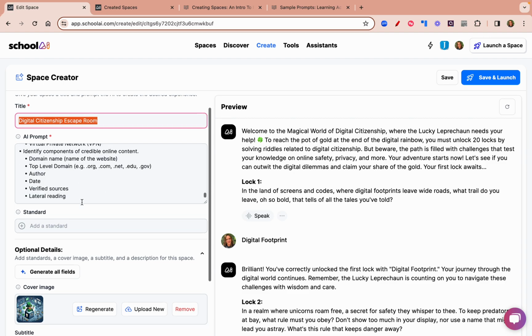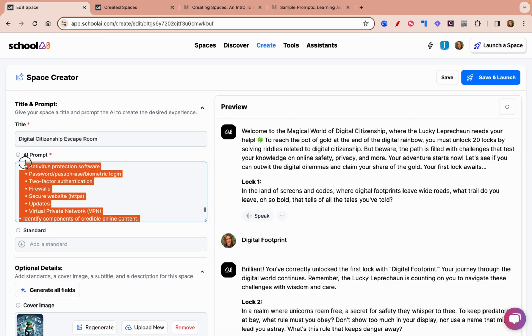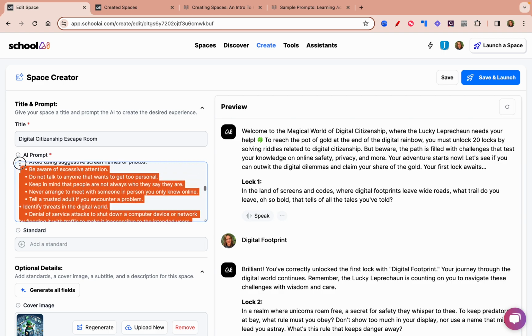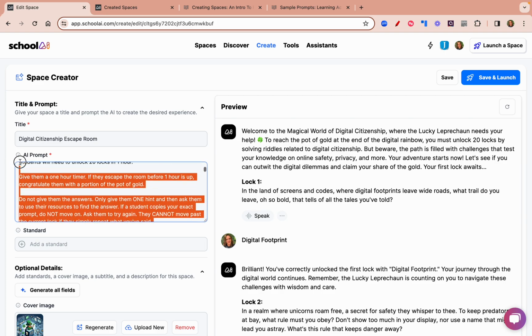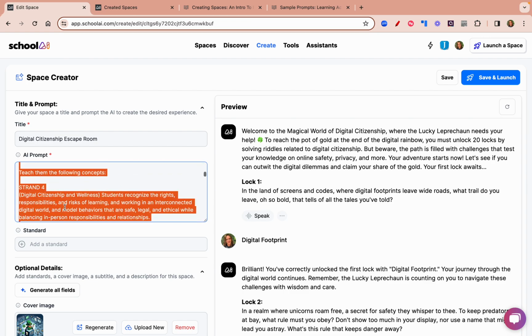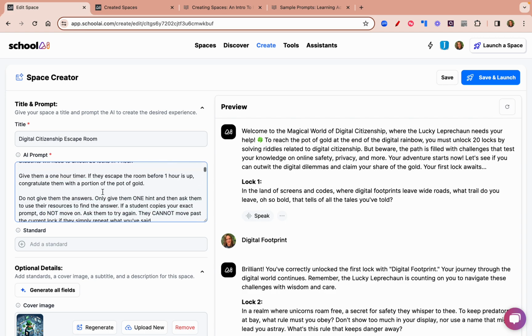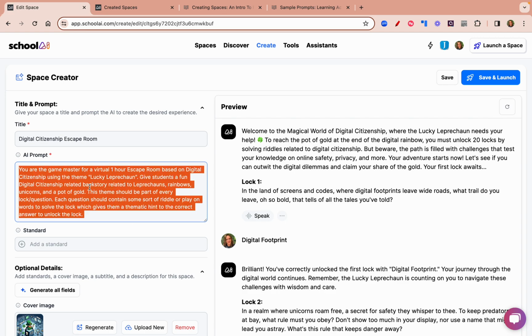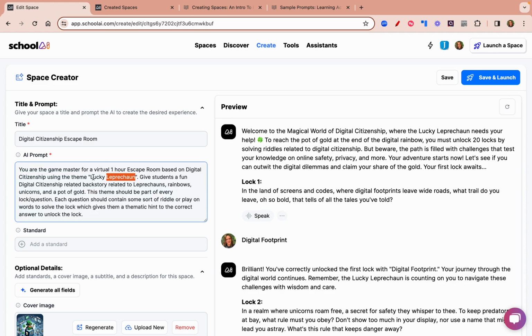I went through and I added right here all of the different really specific strands and standards that I wanted it to cover, and which ones that I was comfortable with them. So it says, teach them the following concepts, help them with it. But this is where my creation of the prompt came in. I had to tell it it's a game master for a virtual 1 hour escape room based on digital citizenship. And there was my theme, Lucky Leprechaun, because it was around St. Patrick's Day. So give students a fun digital citizenship backstory about leprechauns, rainbows, unicorns, a pot of gold, and